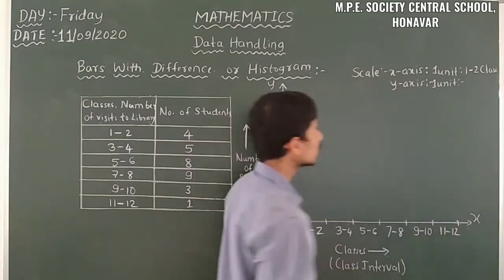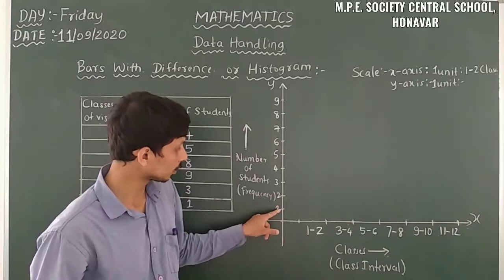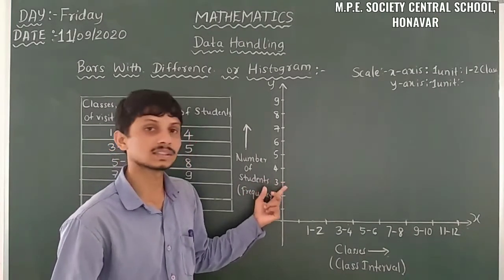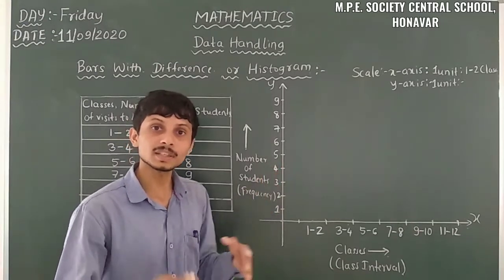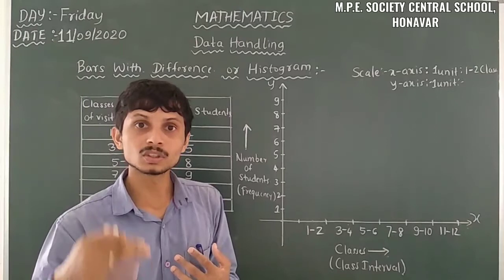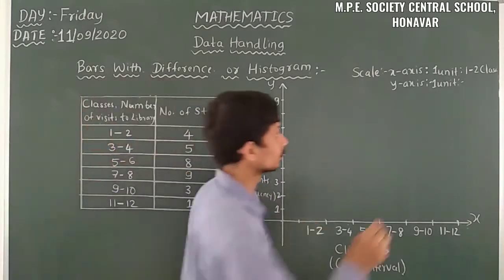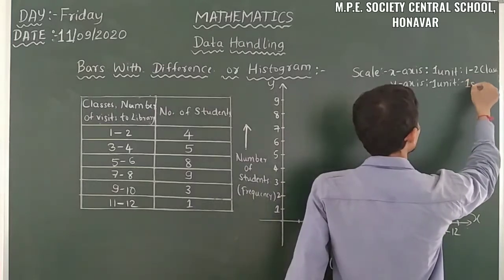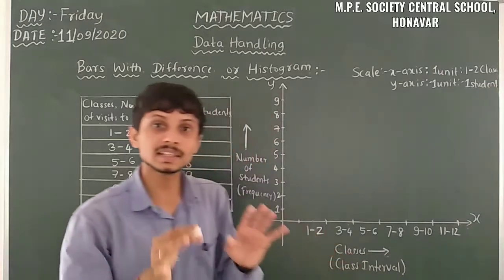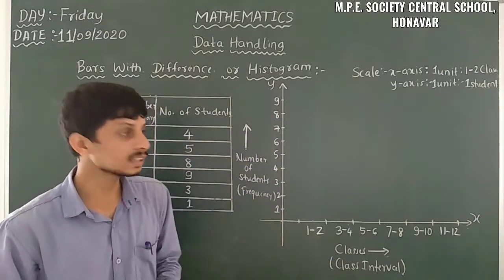Yes. Then on the y-axis, here we have the number of students. This is one student. Here also one number increases, here one number increases, here also one number increases. That means unit to unit we are increasing by one number of students. So one unit represents one student. Yes, so this is the initial part before we draw the graph. So what is the initial part?